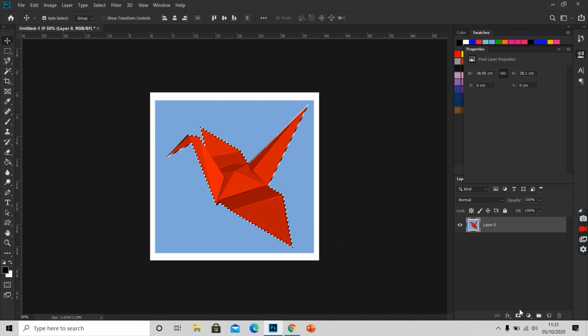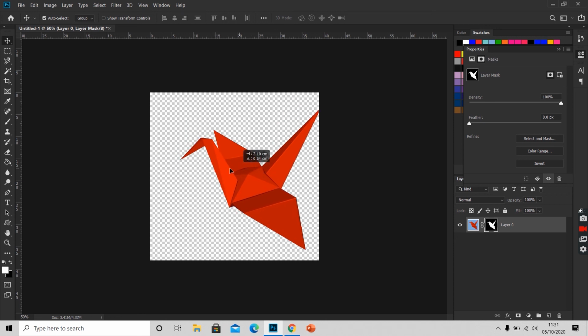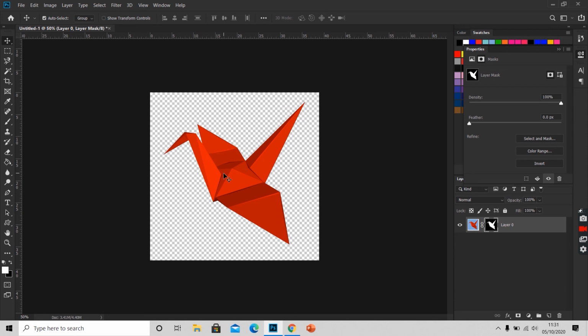Next is, we will click on this layer mask option here, add layer mask. I'll click on it and you can see our blue and white area gets extracted and I only have this red bird here. If we go to the layer panel here, we will see a thumbnail in which the selected object is of white color and the rest is of black color. That shows the white object are visible after we apply layer mask.